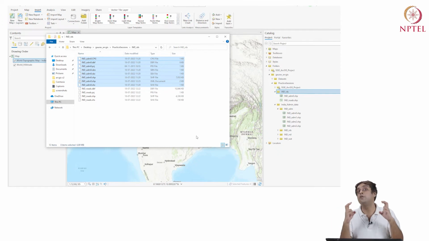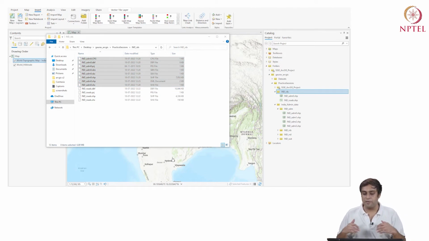This is very, very good for me. Remember, when each image layer is going to have a packet of 6 to 7 files and I'm moving them around, it may be very problematic for me if I were to do them physically. I can make a mistake while doing them manually. So it is always advised to move files from within Arc Catalog because you cannot make a mistake when you do that. Okay?